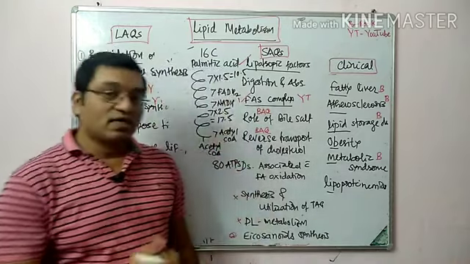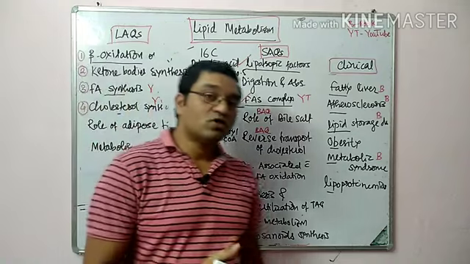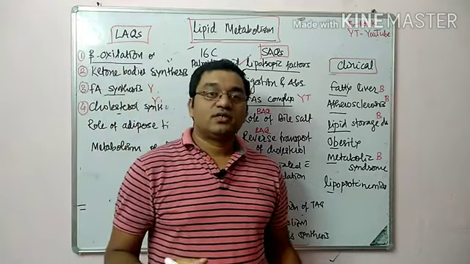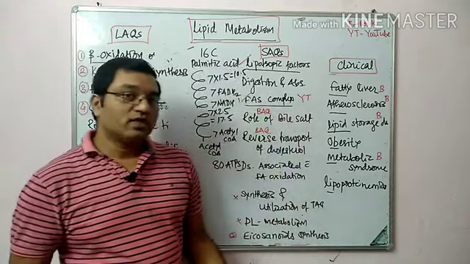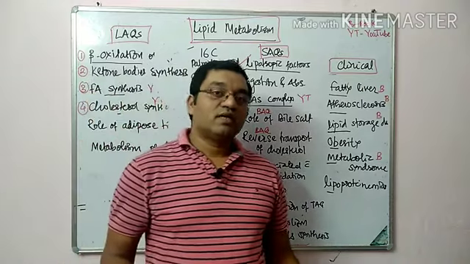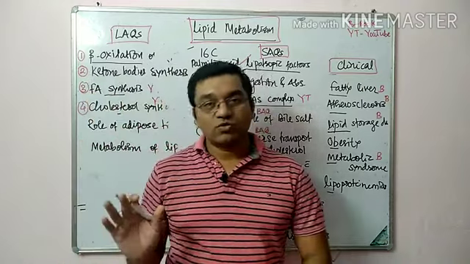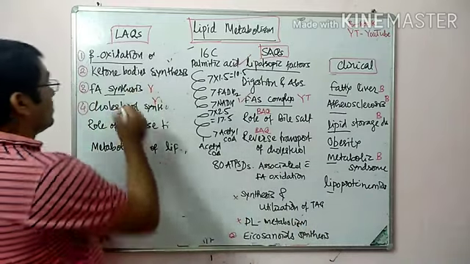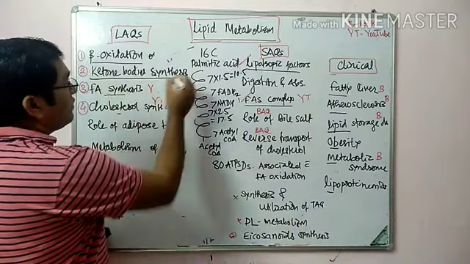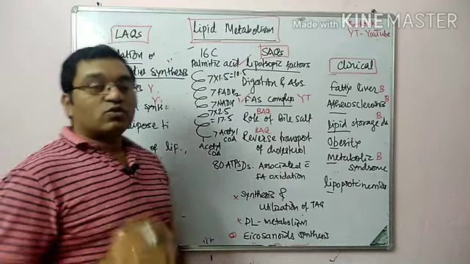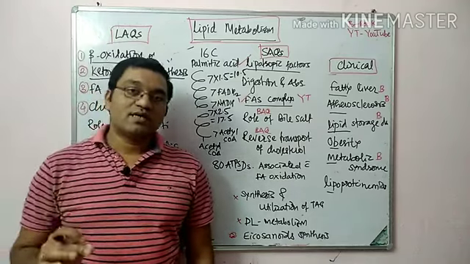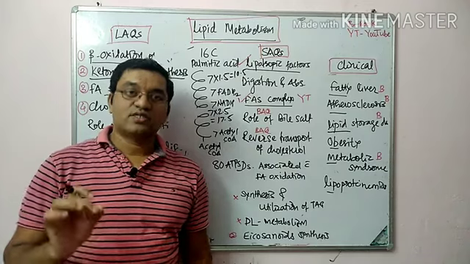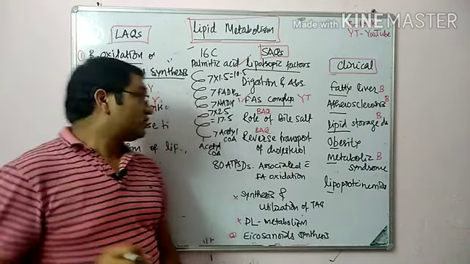Of these, acetone and acetoacetate are known as true ketone bodies, and beta hydroxybutyrate does not contain a keto group, so it is known as a false ketone body, but it accounts for 80% of total ketone bodies. Ketone body synthesis occurs in the liver, but the liver cannot utilize ketone bodies because of absence of the enzyme thiophorase.